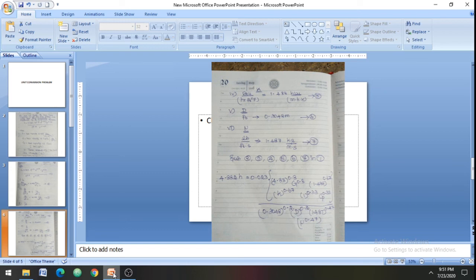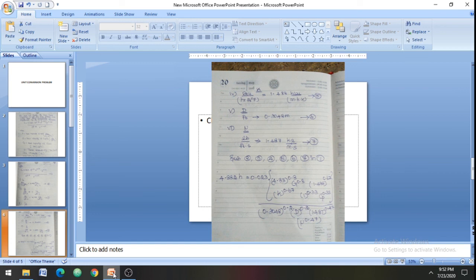Substitute 2, 3, 4, 5, 6, 7 in the first expression. So the h value is 4.882 in SI unit. Then all the values are substituted here. So in the main expression, 0.023, then 4.88 to the power 0.8 with G to the power 0.8, then 1.488 to the power 0.67 with k to the power 0.67, 1 to the power 0.33 with cp to the power 0.33, divided by 0.3048 to the power 0.2 with D to the power 0.2, and 1.487 to the power 0.47 with mu to the power 0.47.